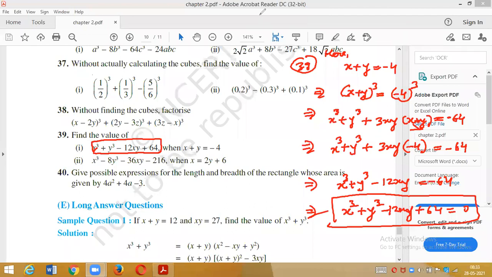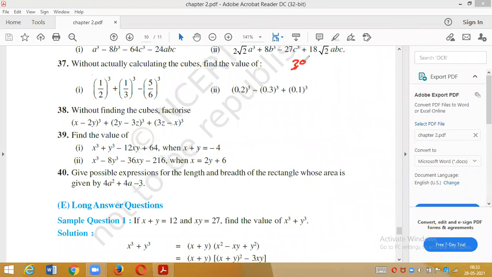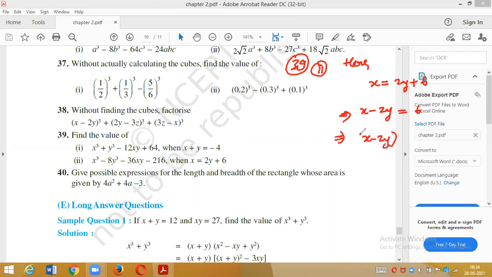Okay, now move to the question number 39 second. Again, it is similar to 39 first. You have given x is equals to 2y plus 6. Sorry, plus 6, not minus 6. It is quite similar to this one. इसमें x y एक साइड में थे, इसमें y इधर रख दिया. कोई बात नहीं, इधर दे दिया तो इसको पकड़ के इधर लाते हैं हम. It will be x minus 2y is equals to 6. Now again cubing on both sides. Cube करोगे, you will get the answer. X minus 2y whole cube is equals to 6 whole cube.